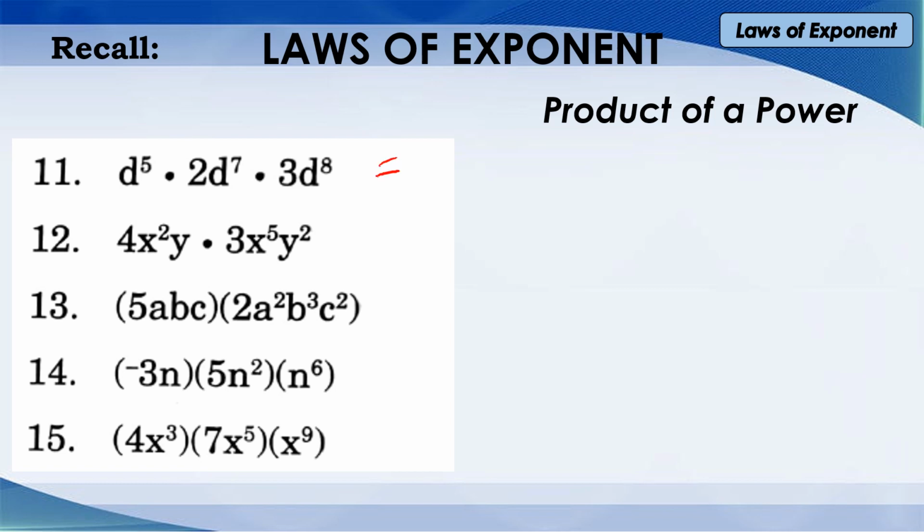We have D raised to 5 times 2D raised to 7 times 3D raised to 8. We have 2 times 3 times 1. Meron ditong 1. 1 times 2 times 3 is 6. And then 5 plus 7 plus 8 is 12 plus 8 is 20. Therefore, we have D raised to 20. Final answer. Next,